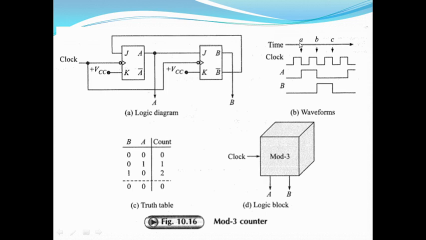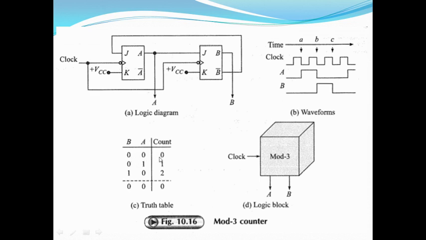See this truth table. Both the flip-flops work as negative edge triggered flip-flops, so the flip-flop will change state, or respond, on the negative edge of the clock pulse only. Prior to that, consider that A is 0 and B is 0. Both are reset to 0 by asynchronous controls. So A and B are going to be 0 0, that you can see in the truth table.